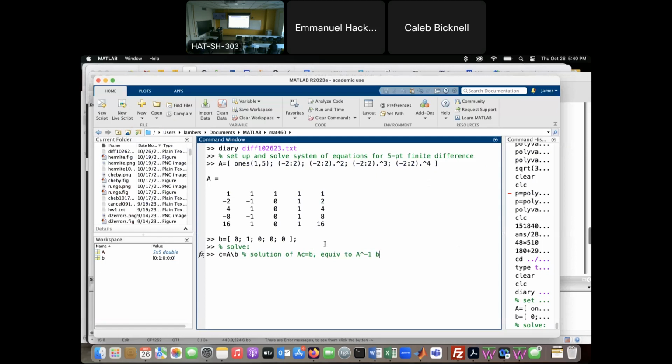Okay, but you would not want to actually. You could have MATLAB explicitly compute A inverse and then multiply it by B, but that takes about 4 times as many floating point operations, so it's not advised. Okay, so now we have